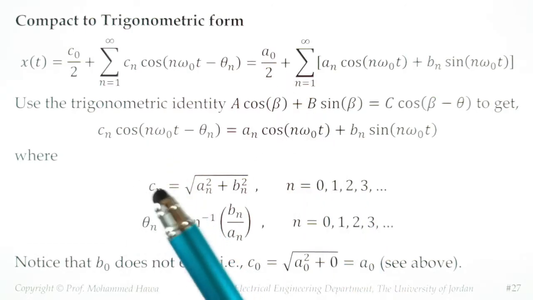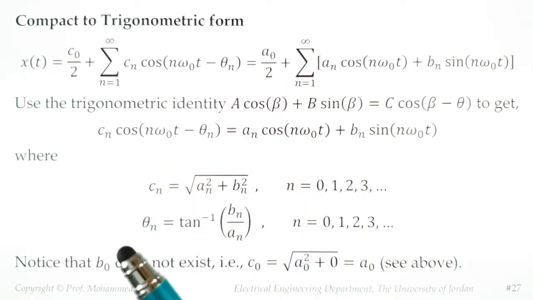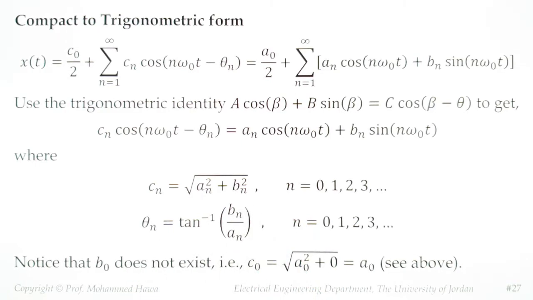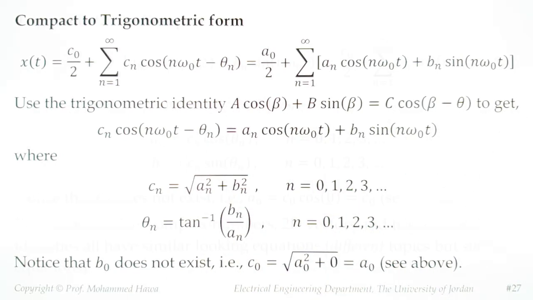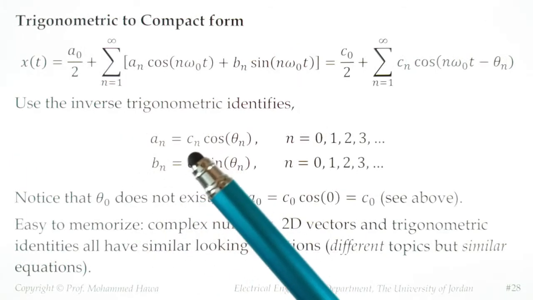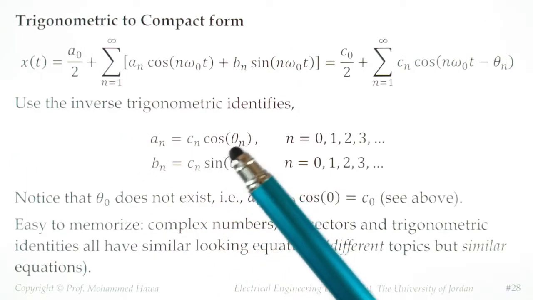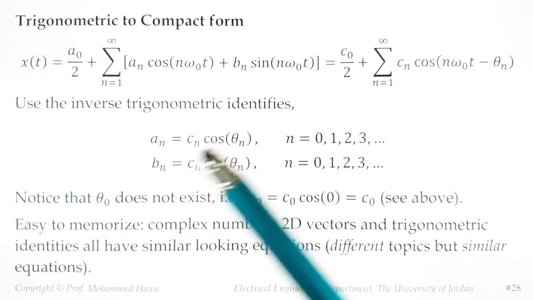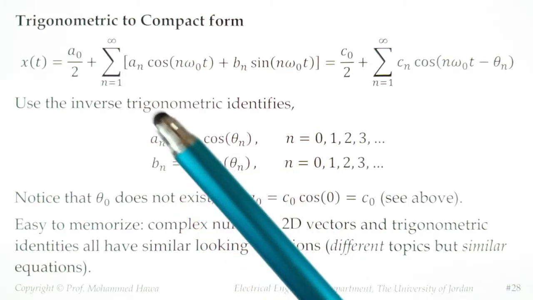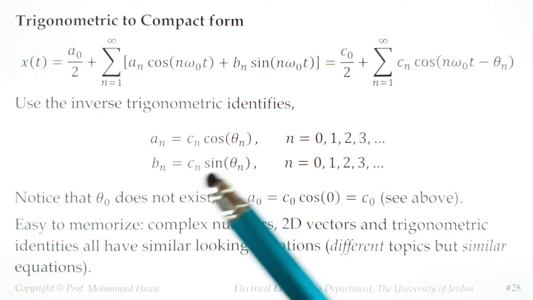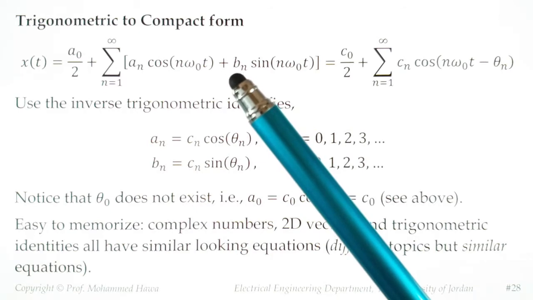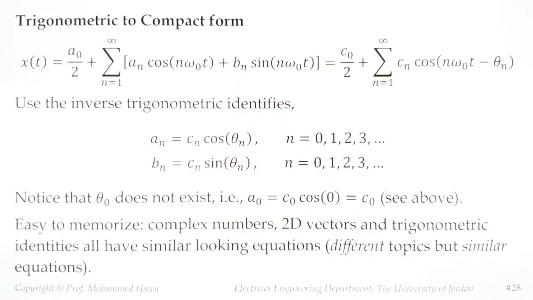So this is how you find Cn and theta n from an and bn. What if you already have Cn and theta n? Could you go back to an and bn? Yes, of course, we know the details of this trigonometric identity. So the answer is you take the compact form amplitude Cn and you multiply it by cosine of the phase shift theta n, and you're getting An. That's the trigonometric form here. If you take the amplitude and you multiply it by sine theta n, what you're getting is the Bn coefficient, which is multiplied by sine. And this applies for all the harmonics. Please notice the exception here.